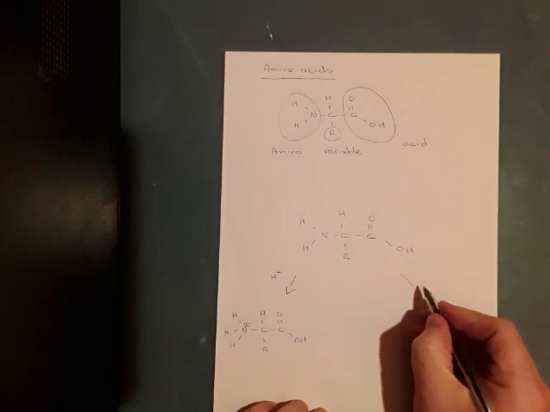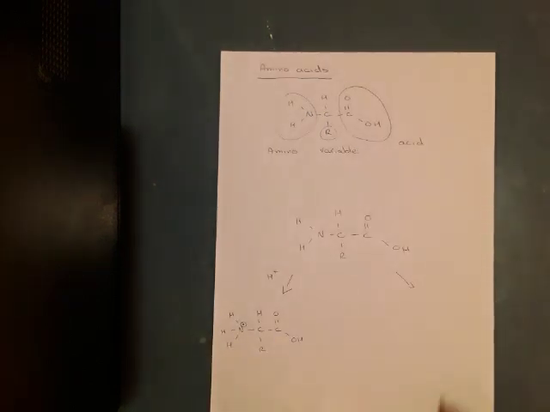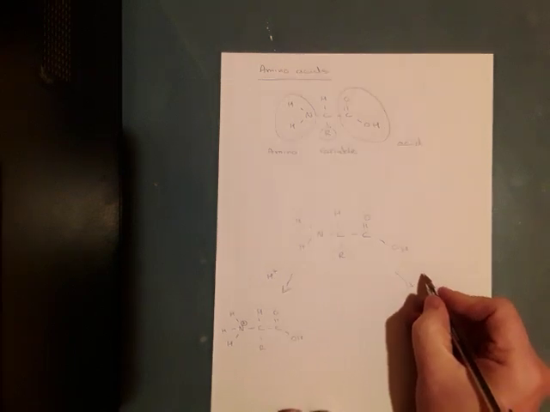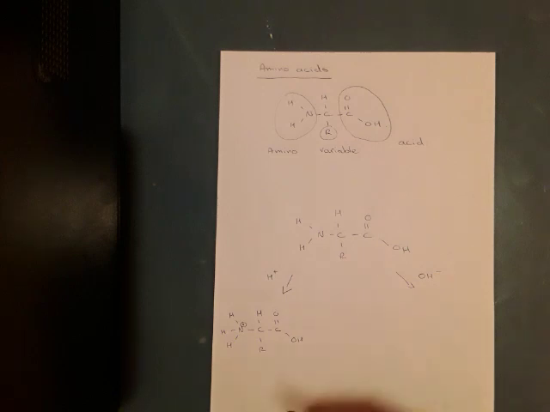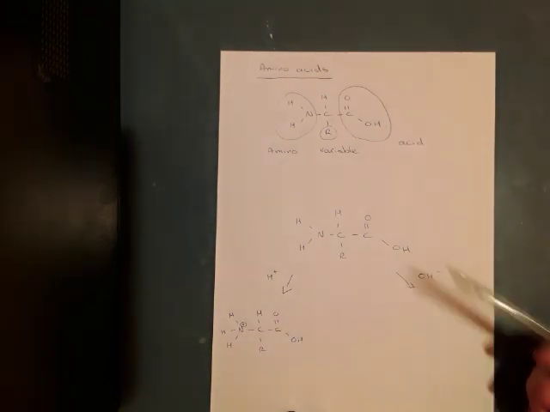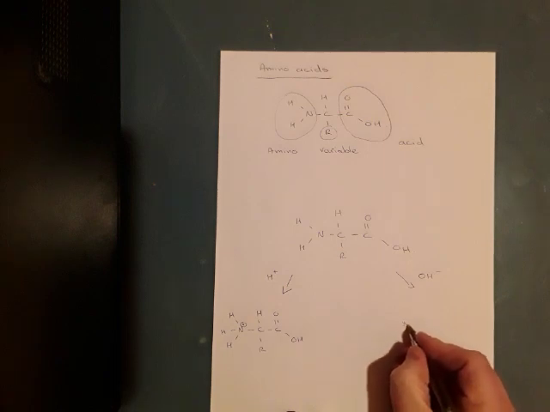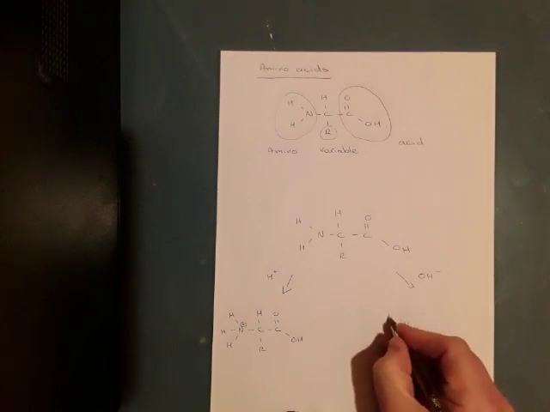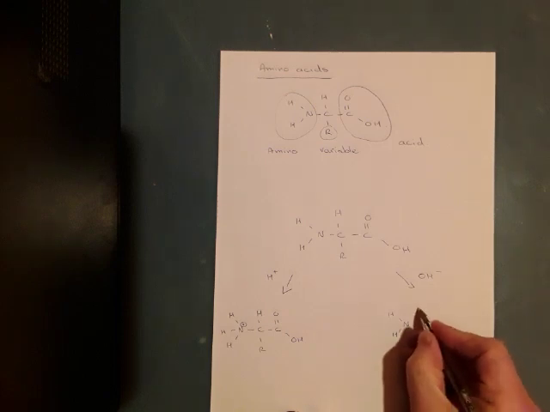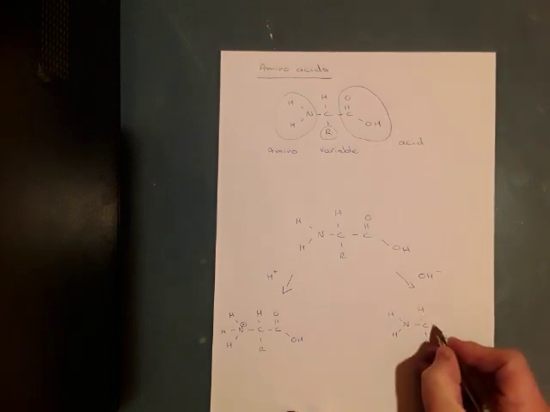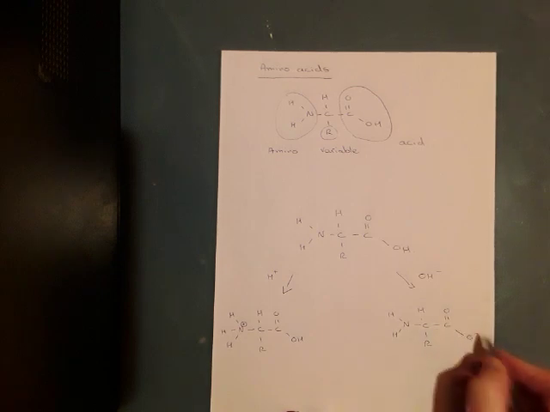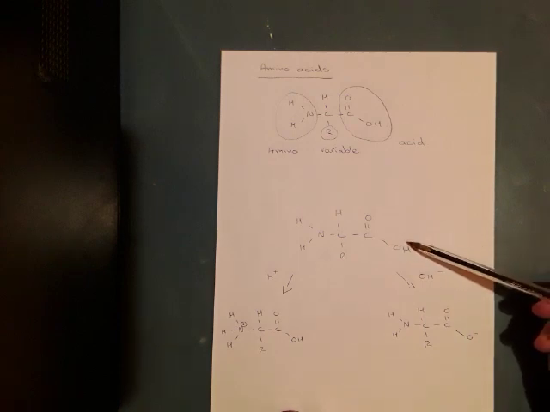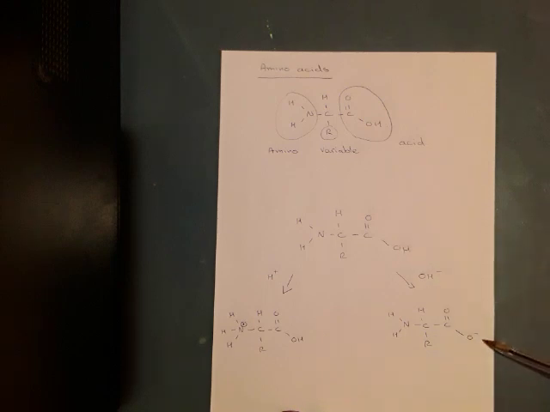We can also deprotonate using an alkali, something like sodium hydroxide, so we would write that as OH minus. And this time, instead of affecting the amino group, we're going to affect the acid group. What we've done with the alkali is remove this hydrogen on the OH, forming a negatively charged